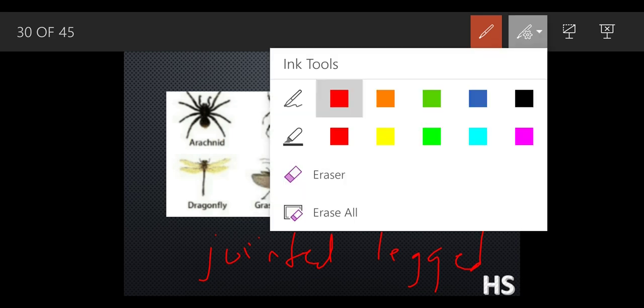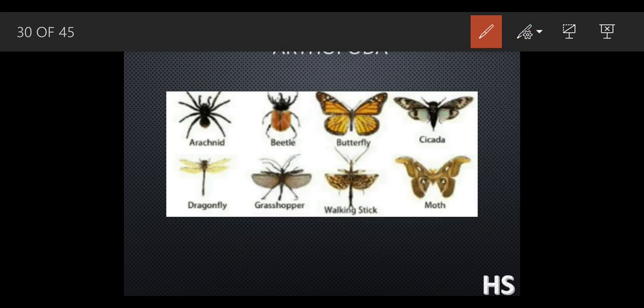Okay. See, this arthropoda class has an even number of limbs. They have an even number of legs. Even number of legs means what? They would have 4, 6, 8. Okay, they won't be in an odd figure like 1, 3, 5. They have an even number of legs. If you look at the spider, it has 8 legs. Then the other organisms also we have. Okay, they have 4 to 6 legs, because it has the even part.